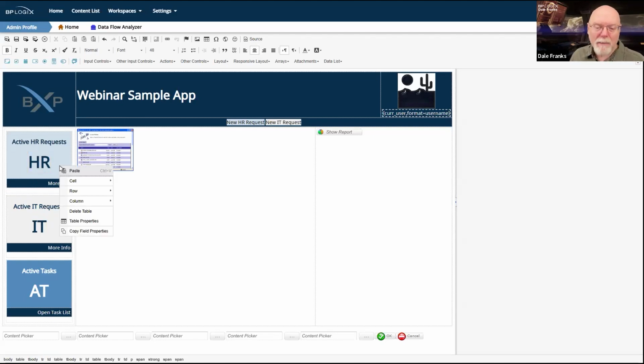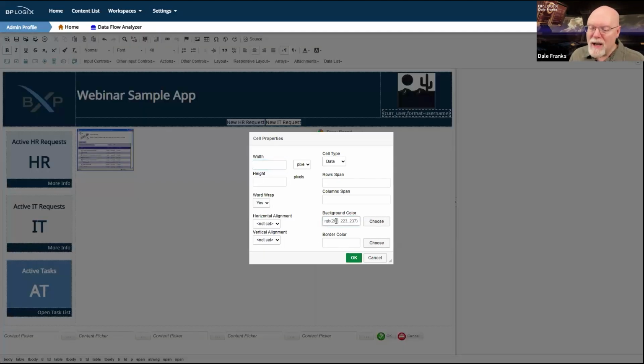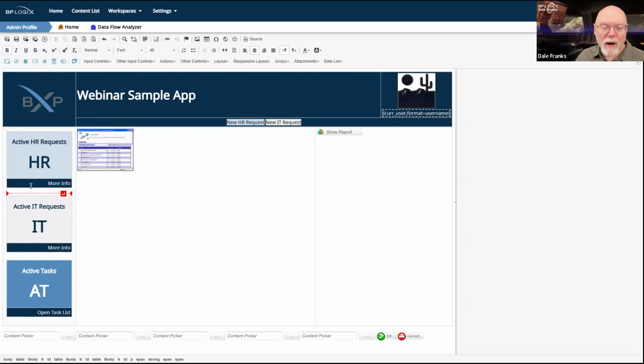But there's that. These are 2 table cells. So this top table cell, this background color will be the BP Logix light blue color. When we go to cell properties, I really hate that it switches hexadecimal to RGB, but it does. But basically, that's D0DFED. And then right down there, the cell below it, again, it's just a little table.